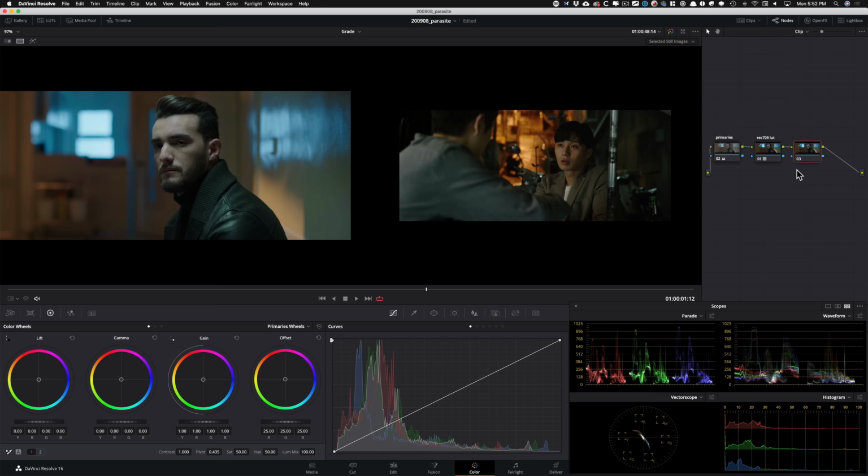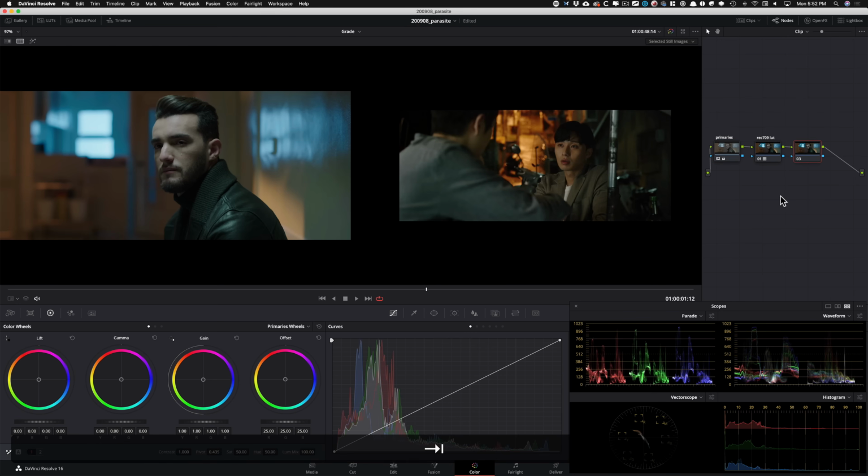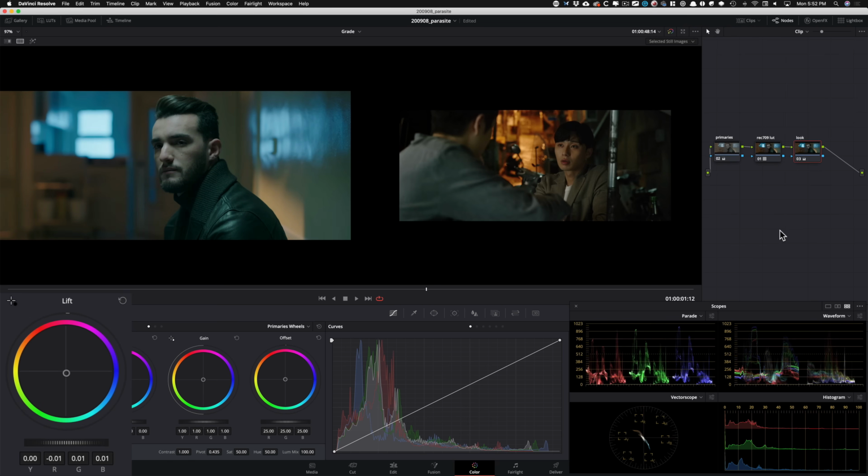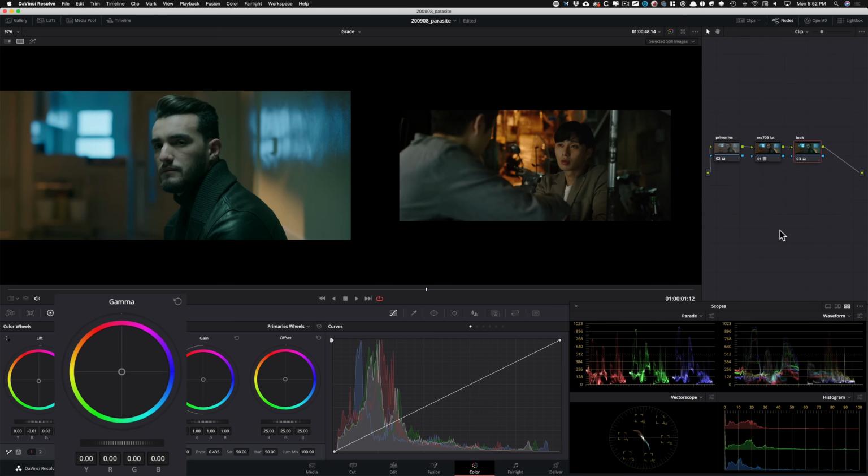Now I'm going to create an append node, which is after the LUT. And here we're going to just do our look. Let's just call this node a look node. And let's start dialing in some of the colors. I'm going to just do a freestyle. I'm going to take my lift and start injecting a little bit of that teal. And then I'm going to take my gamma and start putting that